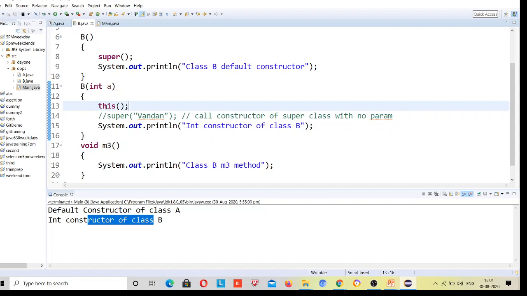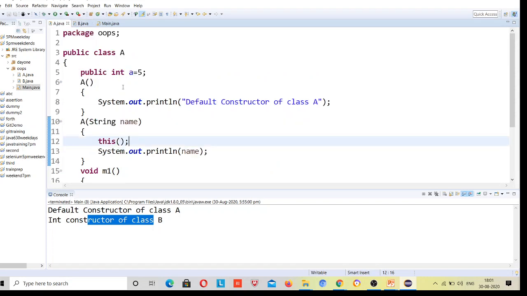So how now can you say that if this and super should both be the first line of a statement, and super is written by default and I have written this, how is it possible for both to be the first line? No, if you have written this, then it will override and finish the super, right? So these are some rules you need to remember. So here if I have written this, then super is gone. This means call the constructor with no parameter inside the same class, so it will call the default constructor.